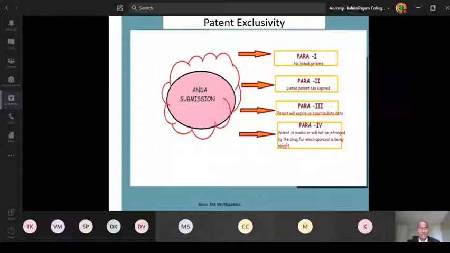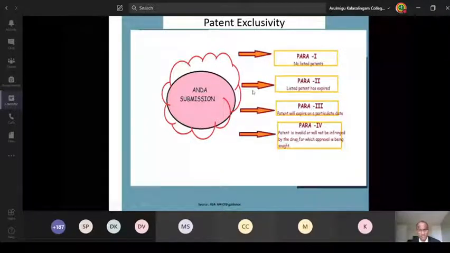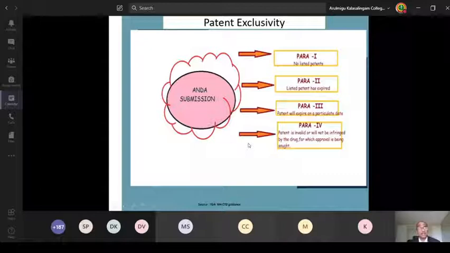Paragraph 4 means you cannot infringe upon the patents of the innovator, but however, you have the chance to circumvent or bypass the patents, and you can produce your own; this is called first to file. If you produce the paragraph 4 by circumventing the process or formulation or drug substance, by bypassing the patents, or by invalidating the patent, you can get the 180-day exclusivity. So these are typically the patent exclusivity as per the Hatch-Waxman 1984 Act.